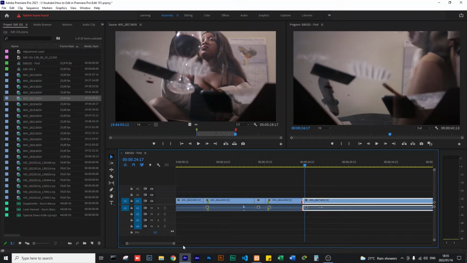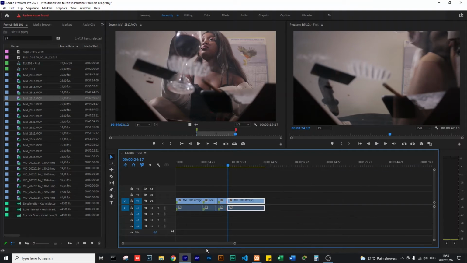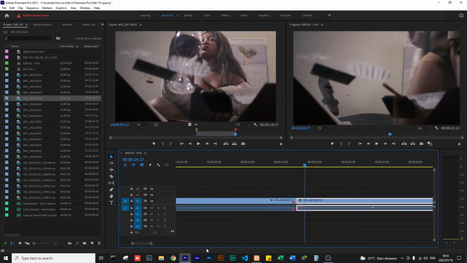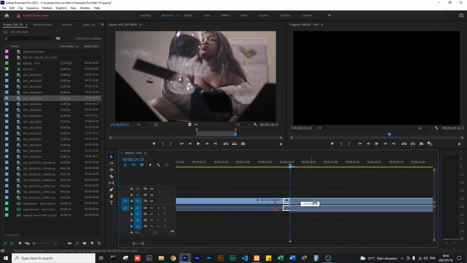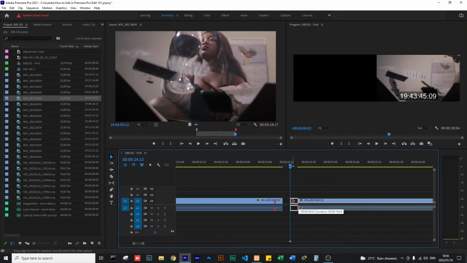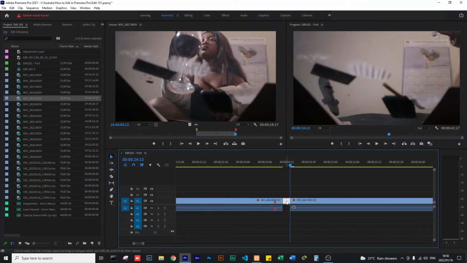But on your keyboard, you can press the minus sign to zoom out, or plus to zoom in. So I'm gonna press plus multiple times to zoom in, and then I want to just move it forward a bit. So I'm grabbing the clip and moving it forward a bit, and then extending it a bit, because I think